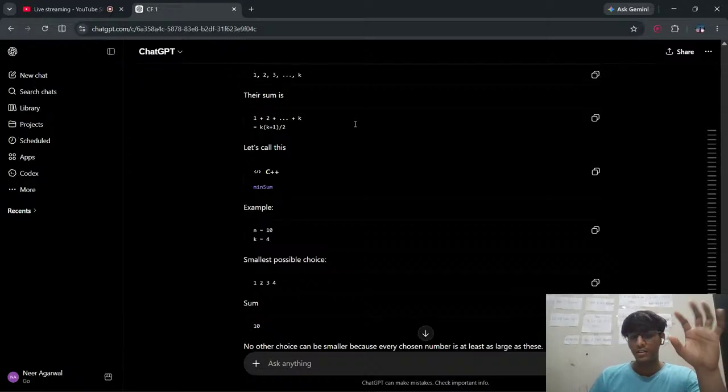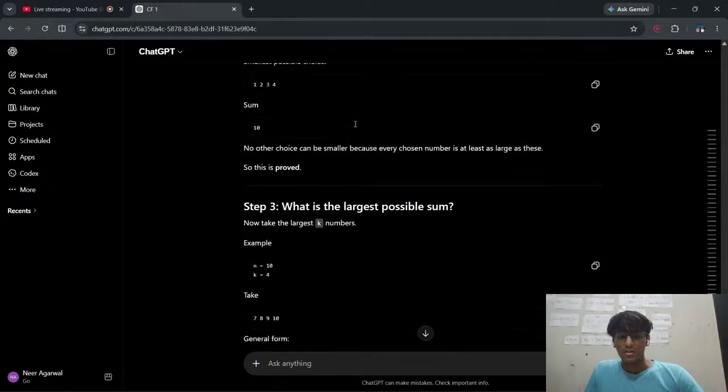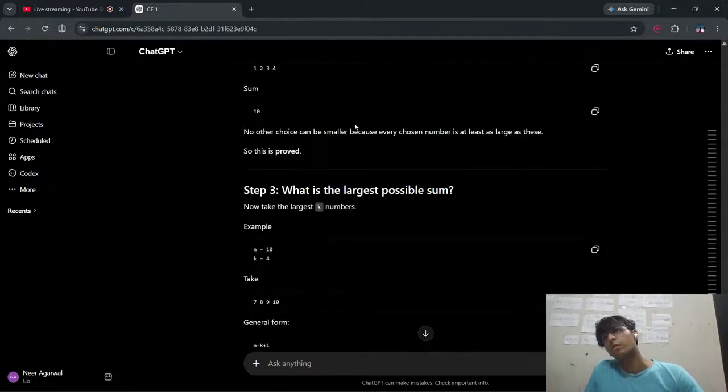Even ChatGPT didn't explain why we have to care about the smallest possible sum, but let's just have faith in his teaching skills and see. The sum is k times k plus 1 by 2. This is the smallest sum of k distinct numbers. Okay, so the largest possible sum will be